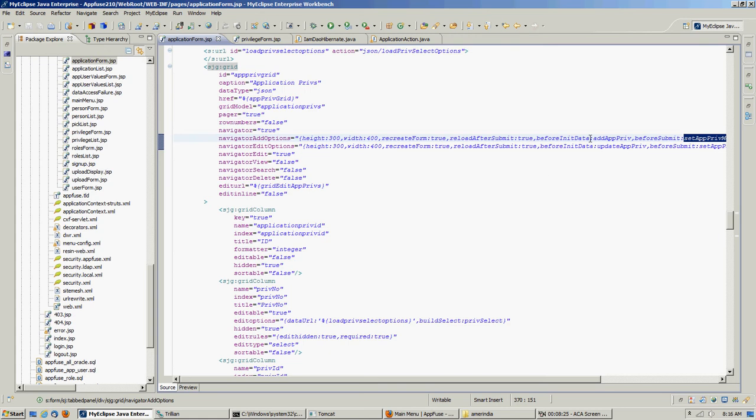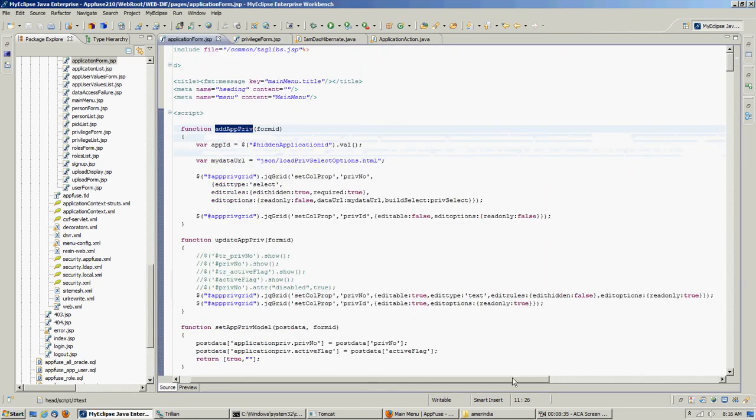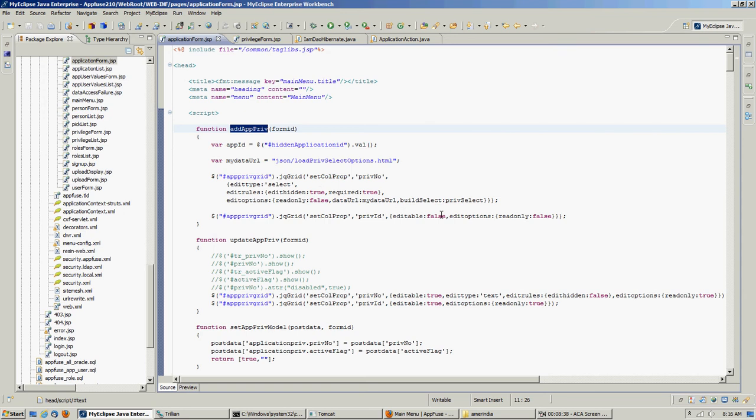Okay, so let's go take a look at our add app priv function in JavaScript, and that's where it is here. Okay, and you see we're just setting it again to look exactly like it does in our tag lib. The difference being here is now we also have to calculate our URL where we're going to load our select options. Okay, so here's how we're going to get our hidden application ID value, and it doesn't look like we need it here, but this is how you would do it. We'll need it eventually in the other ones, you'll see. So here's our JSON URL, so it's my data URL, so that when we construct our edit options, we're giving it the URL, which is different